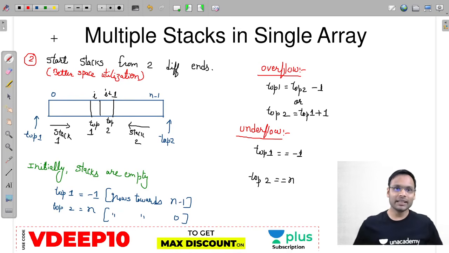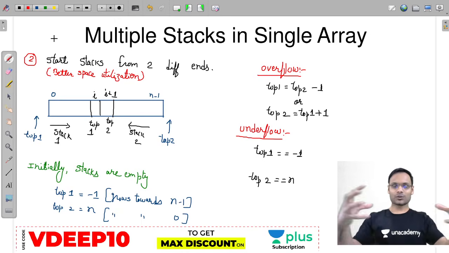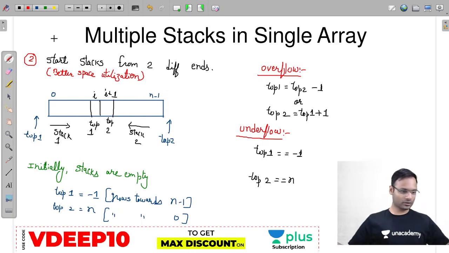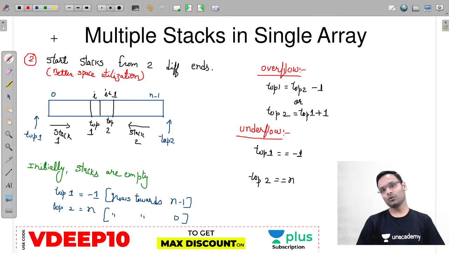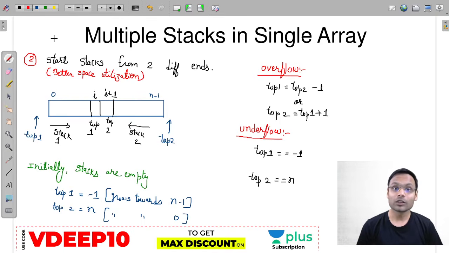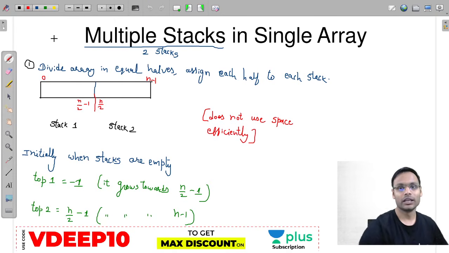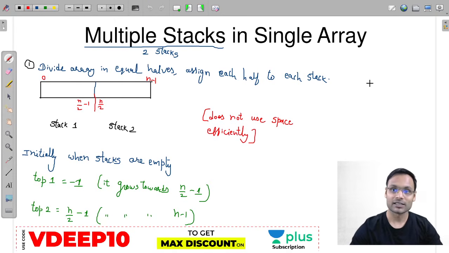Now if you have more than 2 stacks, you cannot implement this. Why? Because here 2 stacks are trying to grow from 2 different ends, and in the array we have only 2 ends. So 2 stacks we can start growing from 2 different ends, but if you have more than 2 stacks, you cannot go this way. You will have to go the other way. So this particular method is good